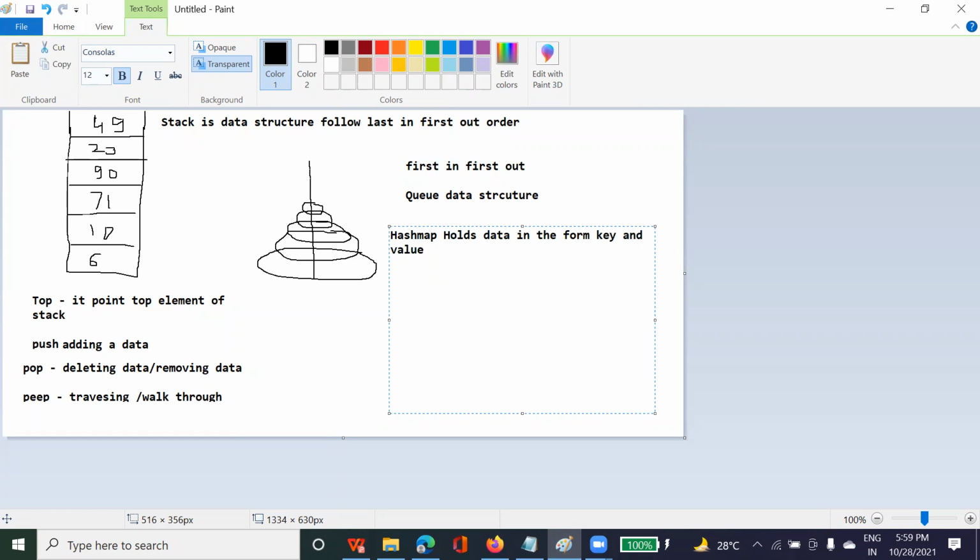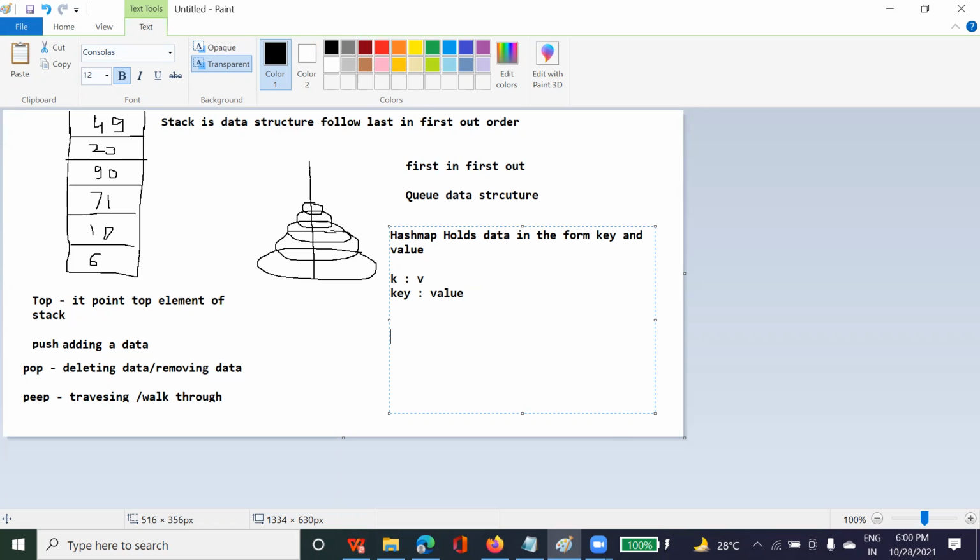It means that the data will be, okay, let me explain with an example. Why does the key value term come? K and V means key colon value. So what do you mean by this key and value? Here the key is going to identify the value.